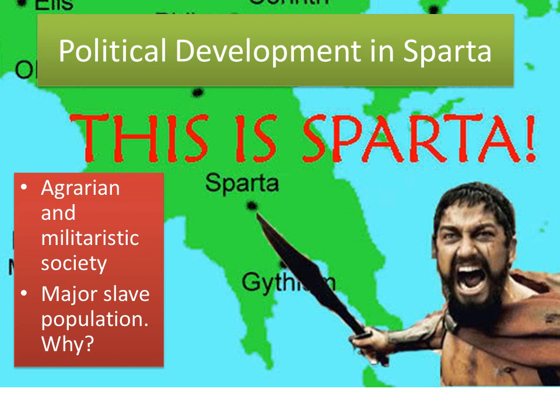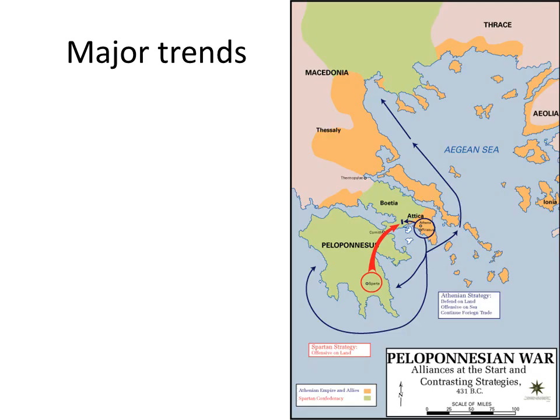Why? Well, the male citizens of Sparta were soldiers. And so who did they get to make the crops for them to eat and subsist from? The slave population. So let's talk about major trends between Athens and Sparta. By the way, on the right, we have a map of the Peloponnesian War, a war between many of the different Greek states, led by Sparta on one side and Athens on the other. So exciting. These two states not only were significant, but they battled each other. More about that in just a moment.